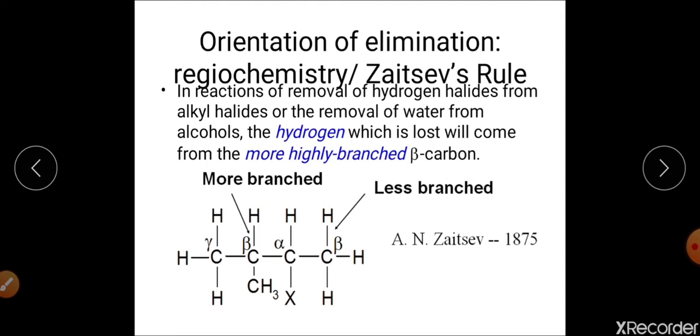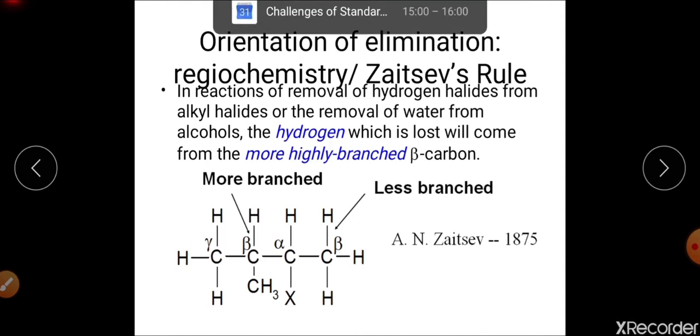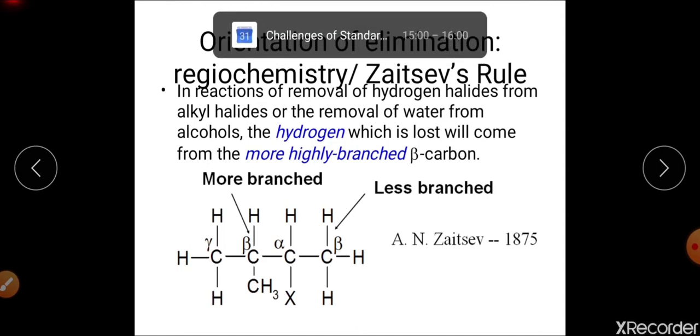You can see that the alpha carbon has the leaving group X, it may be any leaving group, and at the beta carbon you have hydrogen attached, which can be eliminated out. For example, this X is any halogen, and at the beta carbon we have hydrogen, and we talk about the